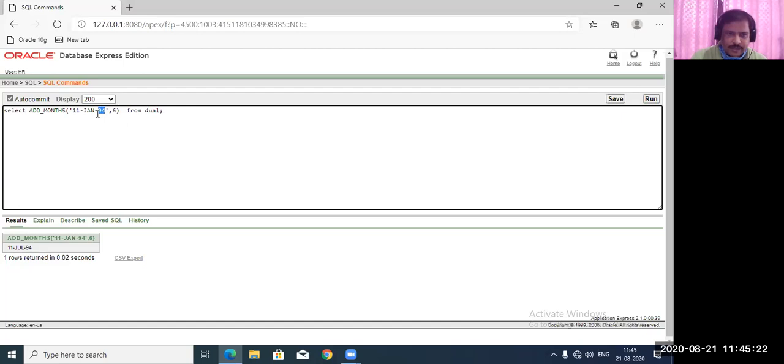So here it is the same because we are adding only 6 months. If I change it to 7 instead of 6, it becomes July, then August. So you can see here you will have August. If I add 8 here, then the next month will come. So this way it can be added.